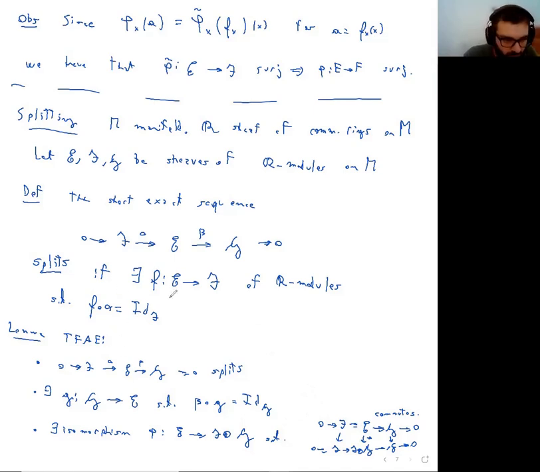So if you have a short exact sequence, it means that you have a map from E to F, which is what we wanted to do. This is equivalent to having a map from G to E, which is what we wanted to do. And this is equivalent to saying that the middle thing is nothing but the sum of the two external things. And it is so also with respect to the correct morphisms. And if you remember, the proof of this was a bit annoying for modules. But in this case, it's actually 2 lines because we already know it for modules.